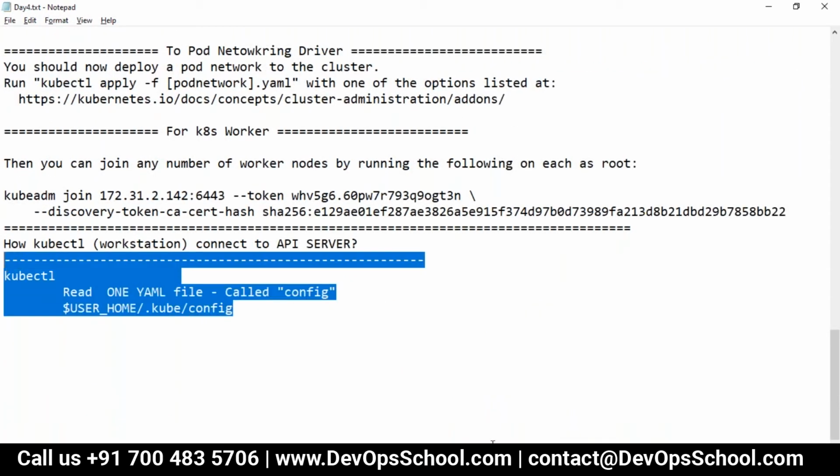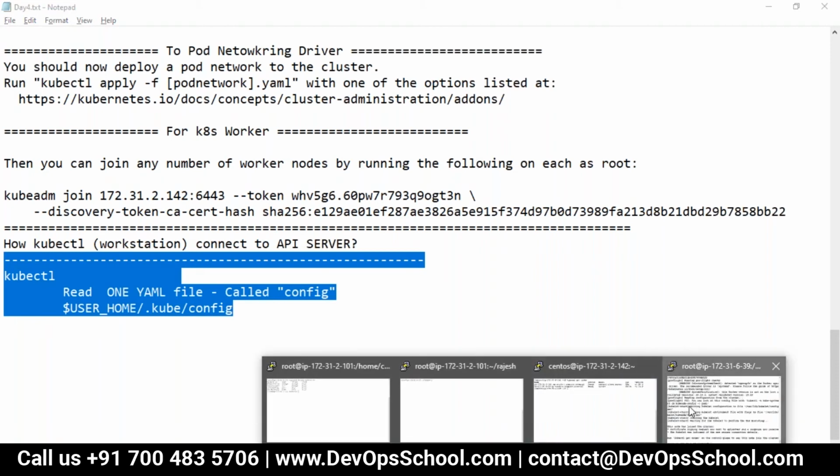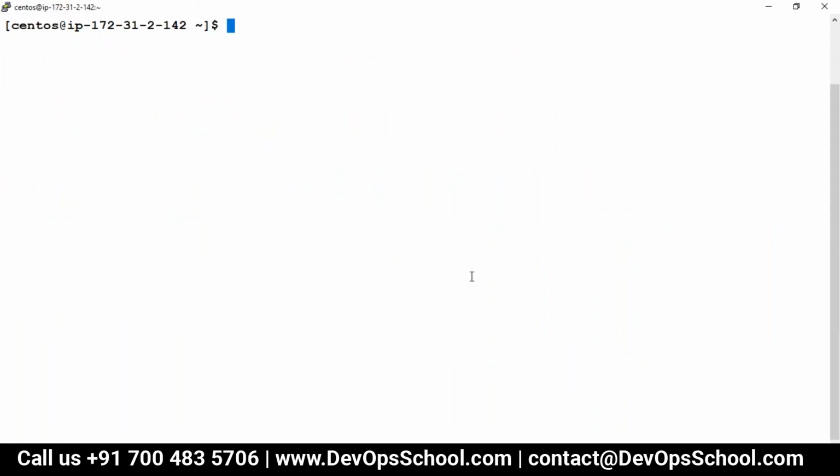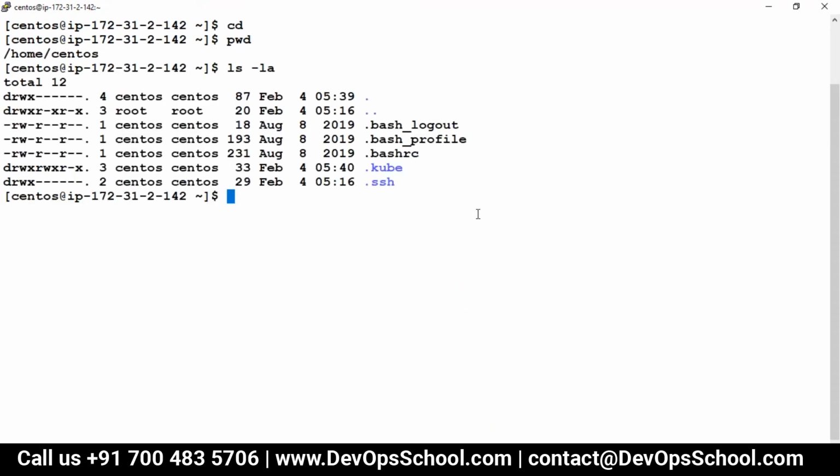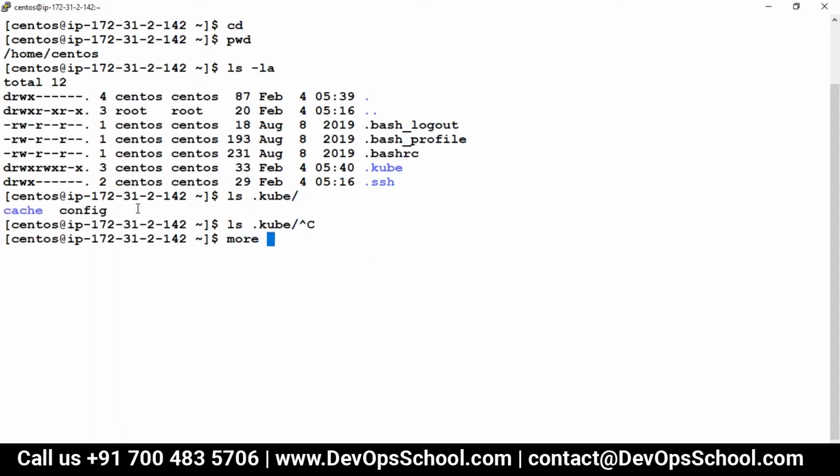Now can I show you that file first on the master workstation? So yes, this is my user. ls -la, .kube. You see here, .kube and config.